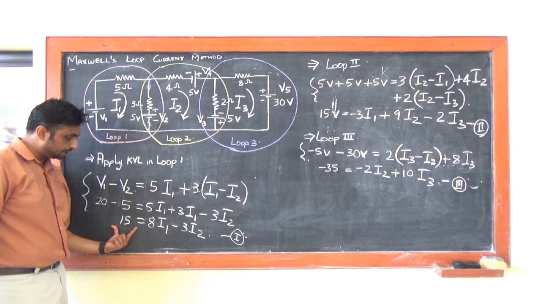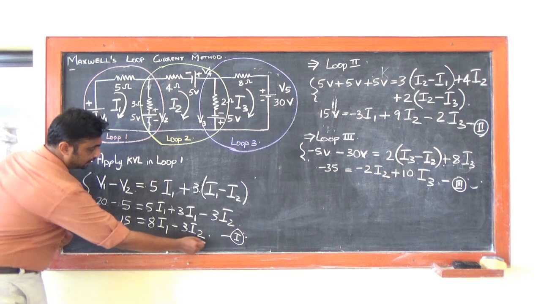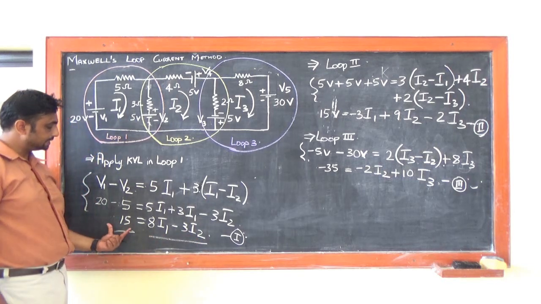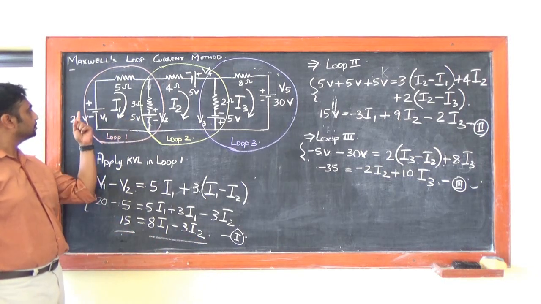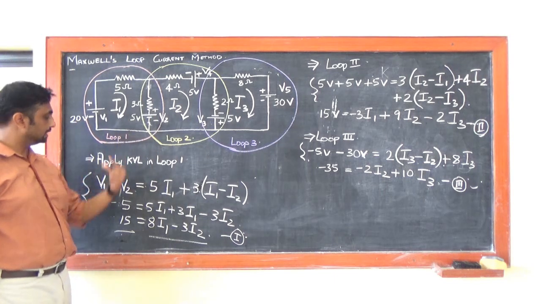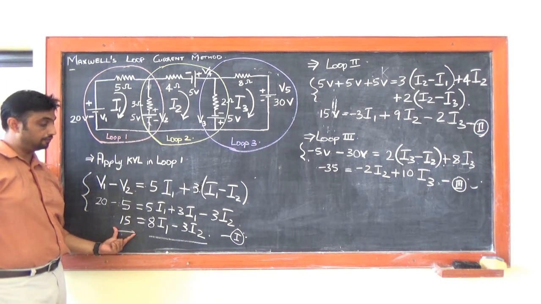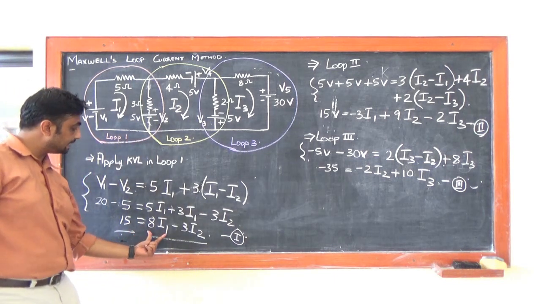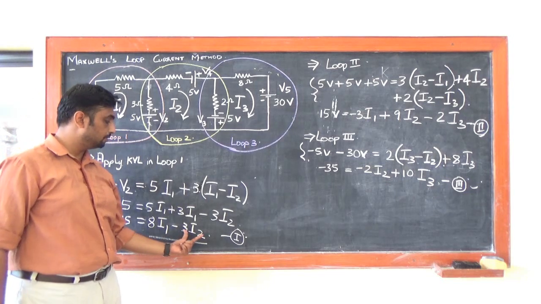So keep all the voltage sources on one side and voltage drops on the other side. So I just combined it directly using a simple formula, 20 minus 5, which will give me 15. Now how can I get this 8I1 minus 3I2 in a direct